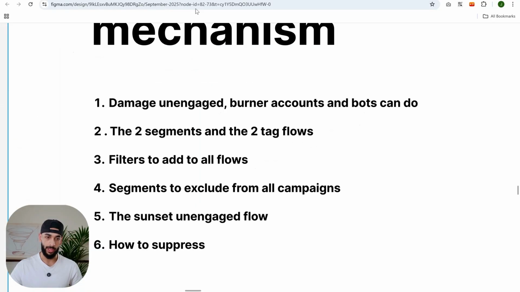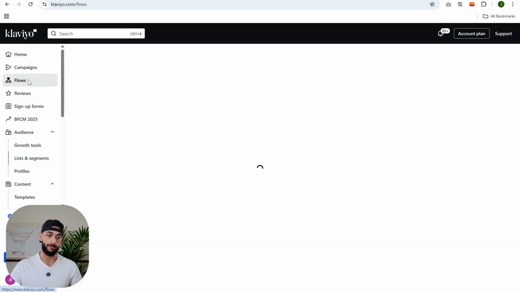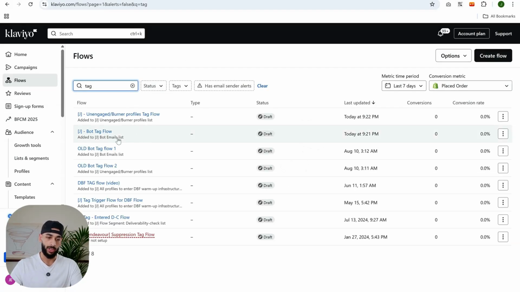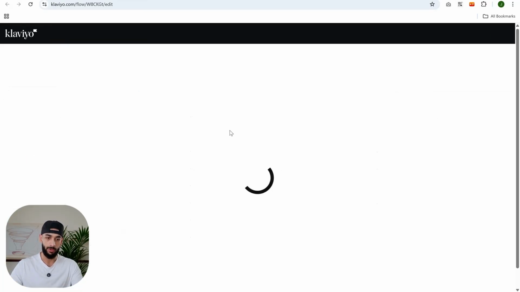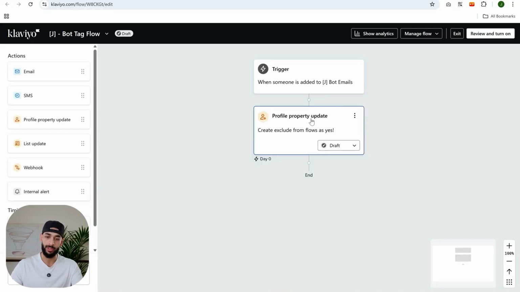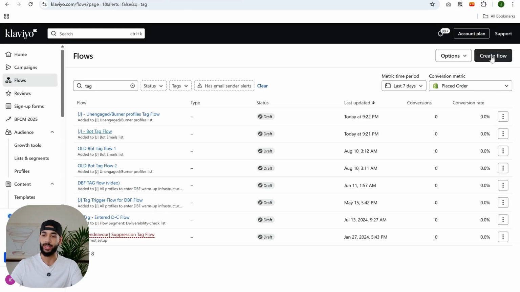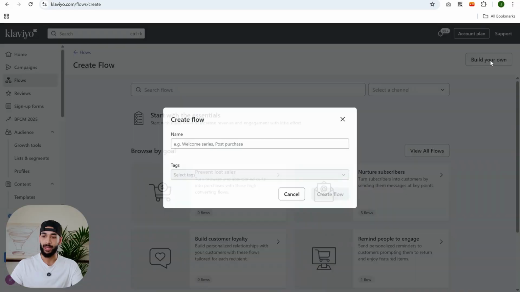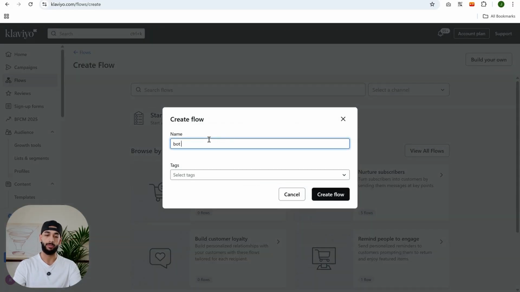So next, 2 tag flows. Simply head over to the flows page. The flows are simply going to look like this. Okay, first flow, to tag bot profiles. It's very simple. Click on create flow, build your own, just call it bot tag flow,